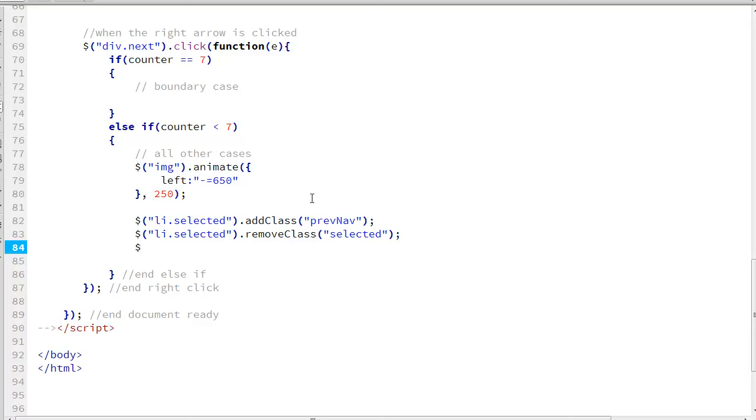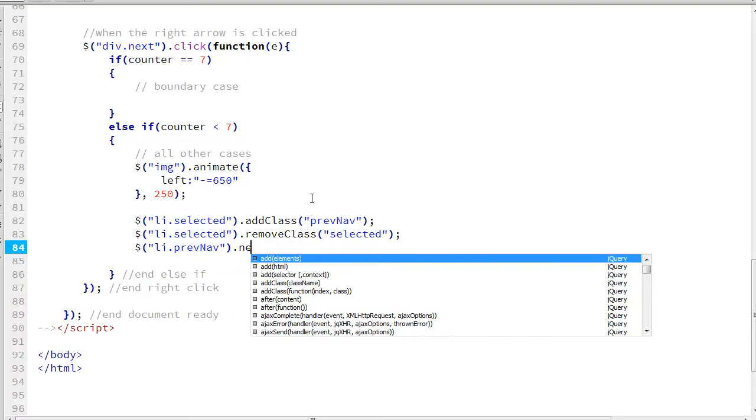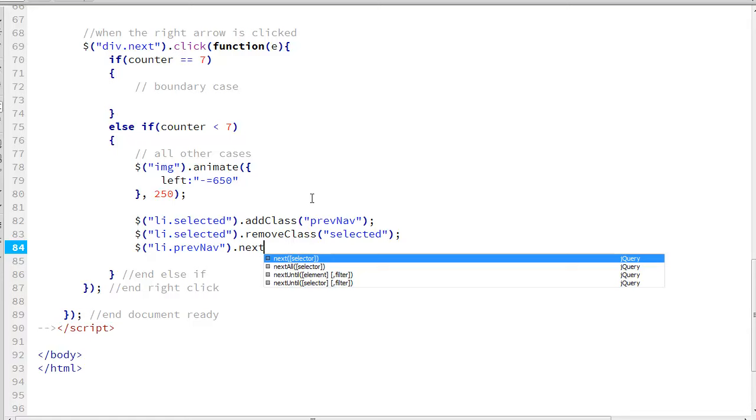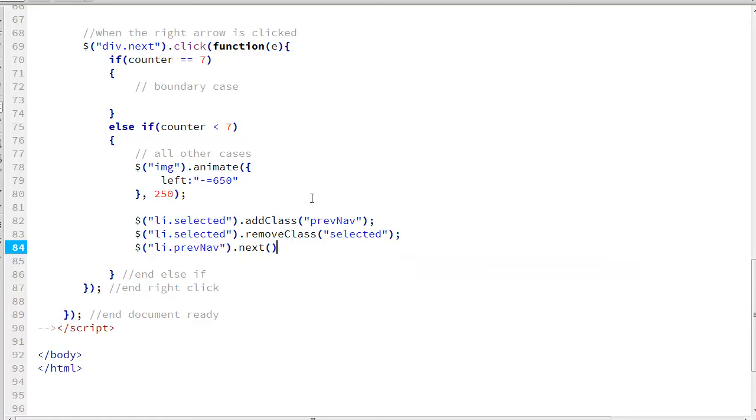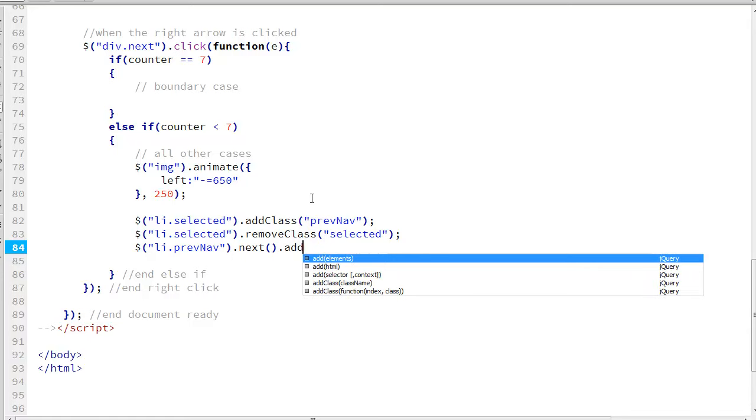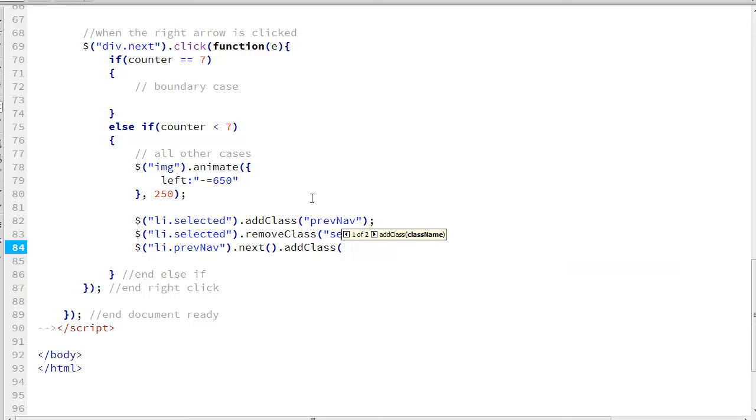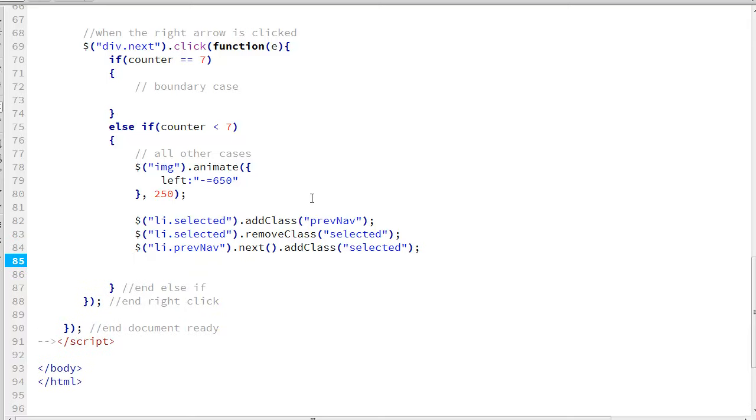Once we've done that, we can select li.previousNav and use next. If you do .next with parentheses, add class, that moves to the next one down. So just like I was manually moving things, .next will do that. .add class, and we are adding the selected class to the next one in the list because the right arrow was clicked. And then finally,